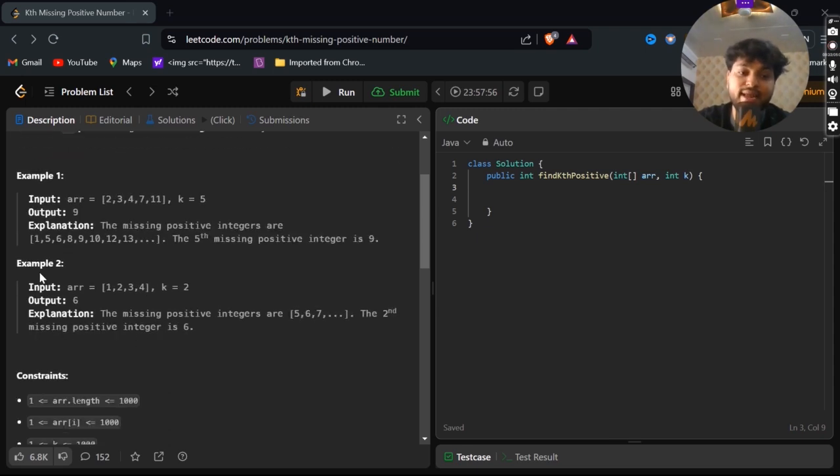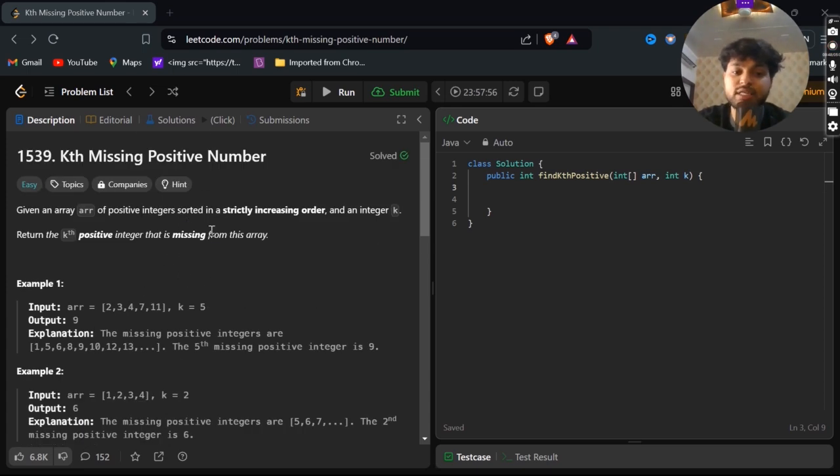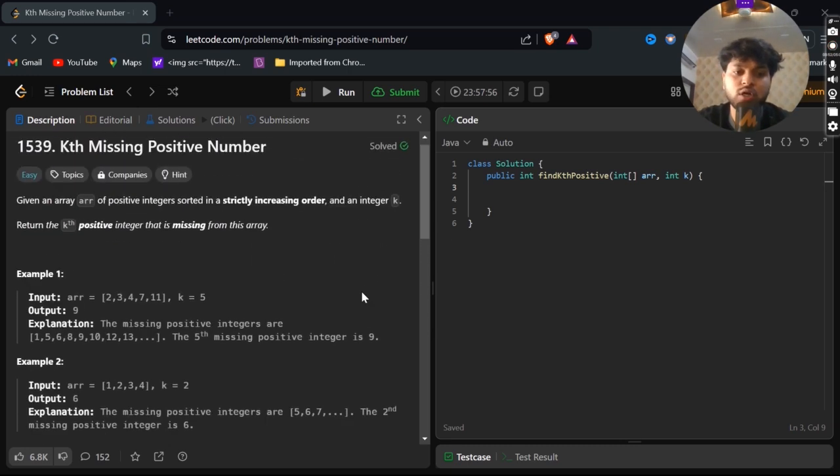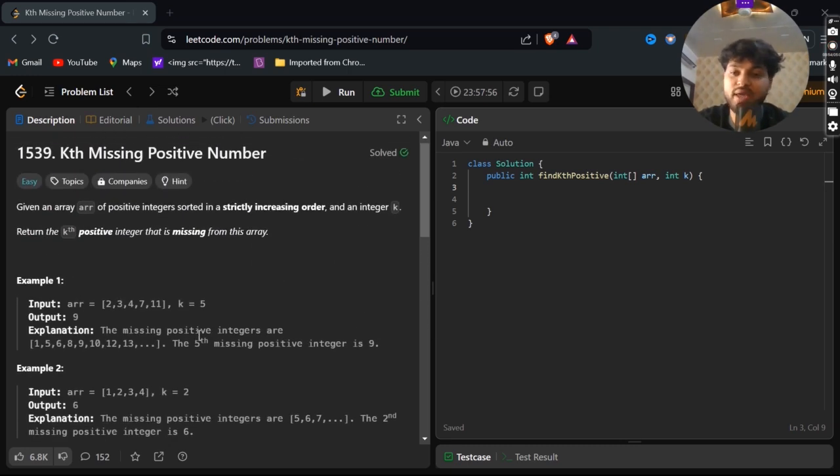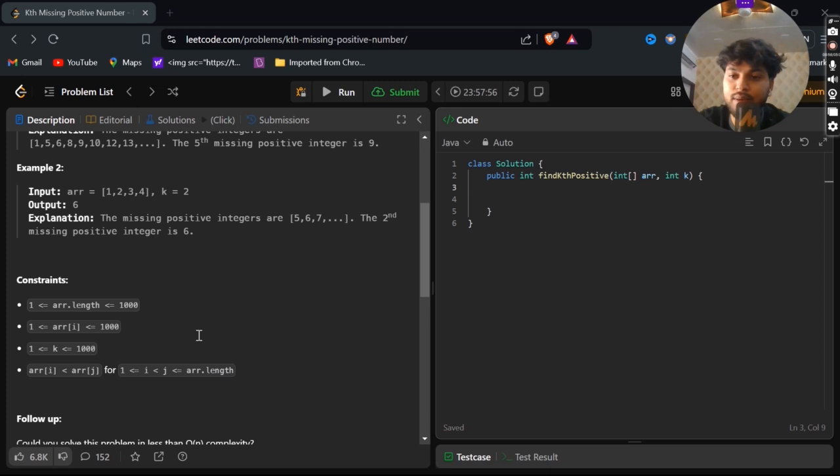In our second example, 1 2 3 4 is there. This is a different scenario. In this, no missing element is there, so you'll be confused about what the next element should be. Here it is written that it is a sorted array in increasing order, and it will go on. Do not worry about this array, this is just an example.